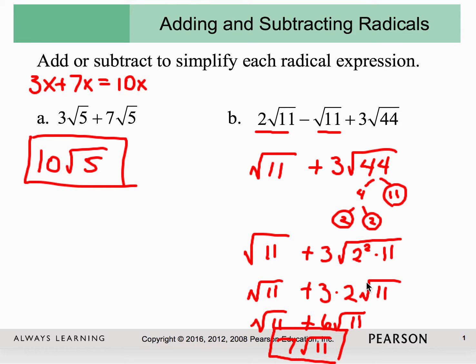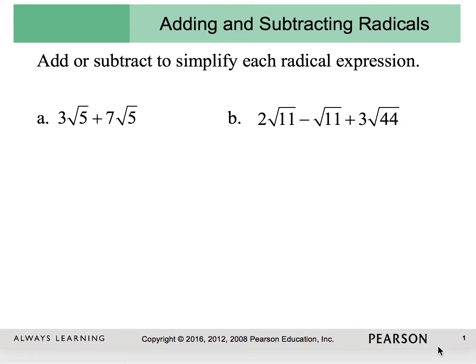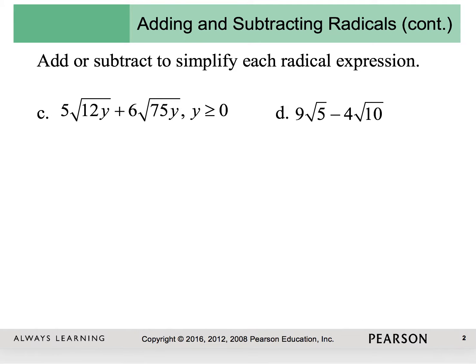So the only way I can add or subtract, combine radicals, is if they're exactly the same. And just like variables, the index has to be the same and everything inside has to be the same. Okay. These things are not the same. So right now I can't add them. However, I got to simplify them